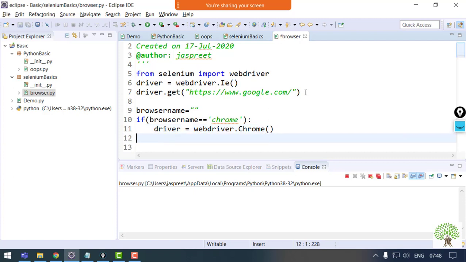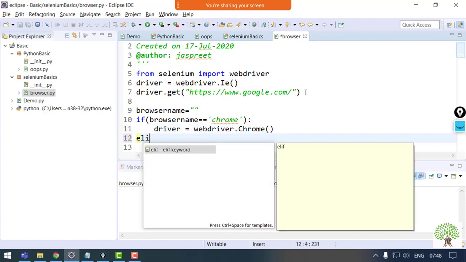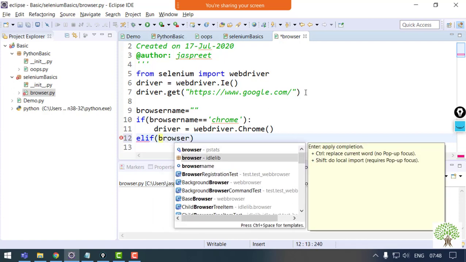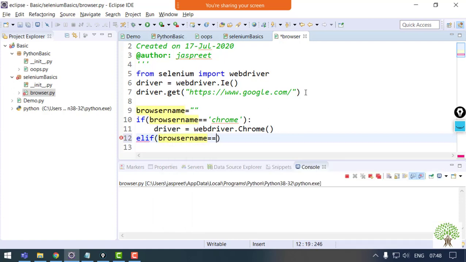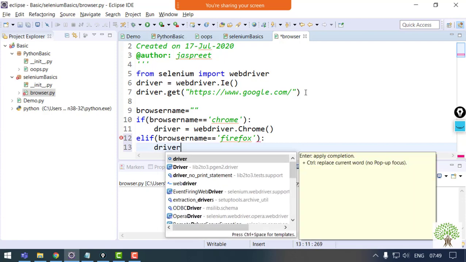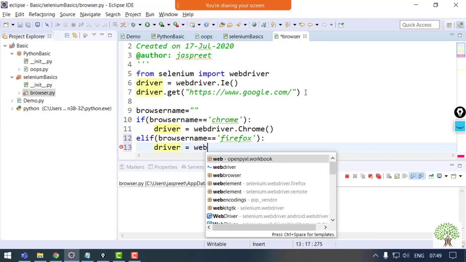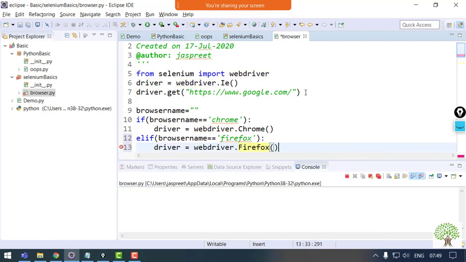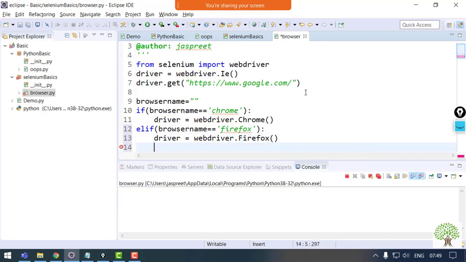For another browser, I can have browser name equals Firefox, then I need to open the Firefox browser with WebDriver dot Firefox, and the same way I can have it for Internet Explorer and Edge as well.